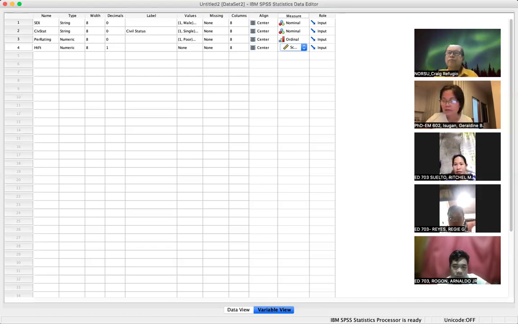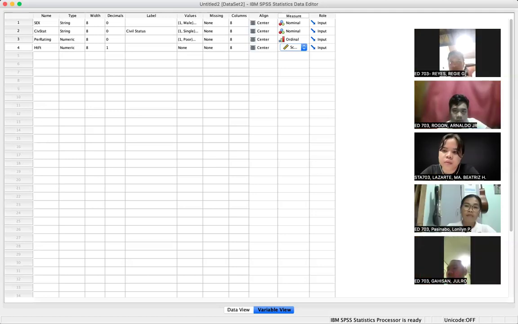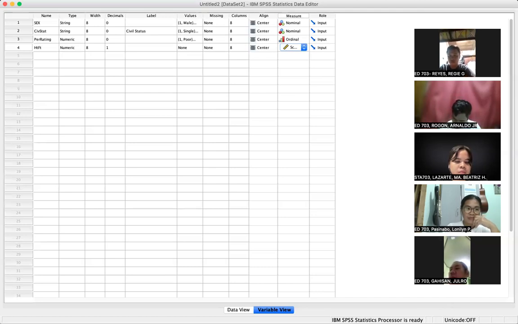Sir, Doc, interval still has the concept of nominal and ordinal, but there is an additional value like zero. Zero does not mean has no value at all. For example, a student who got zero does not mean, as what you said last meeting, Doc, that the student has no learning at all because it still has the value. Okay, we discussed that one last time, right? About the different levels of measurement. So that is a scale. That's correct. So aside from what is mentioned by Miss Isugan,